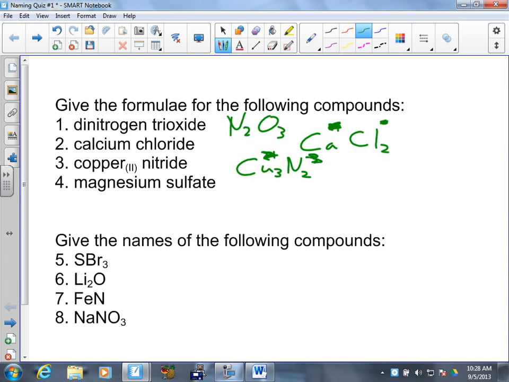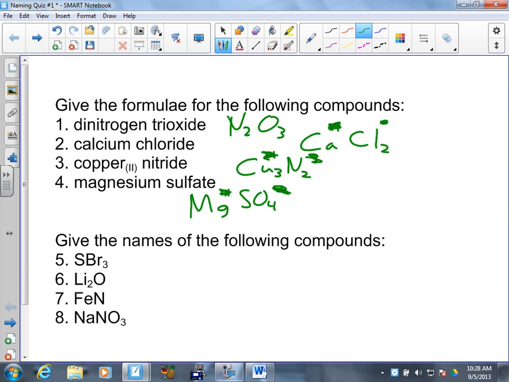And our last one, magnesium and sulfate, metal and polyatomic ion. So this is definitely an ionic compound. Mg is 2 plus. SO4 is -2. We're trying to get every compound to work out to 0. Does that one already do so? Yes. So